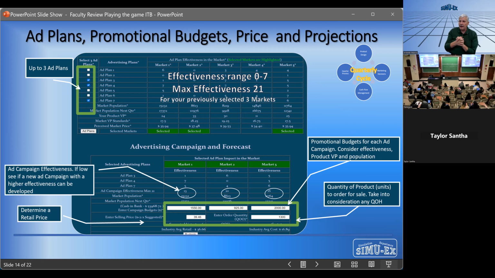but social media may not be very good for a business-based product. Now, how do we determine the effectiveness of that media? We look at an effectiveness rating. If you'll notice, an effectiveness rating is a number, again, from 0 to 7. 0 means no matter how much I advertise that product in that market, it's not going to bring me any customers. On the other hand, a 7 says it is a highly effective medium.